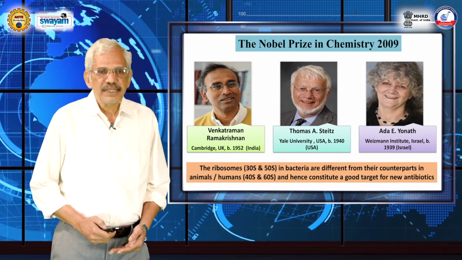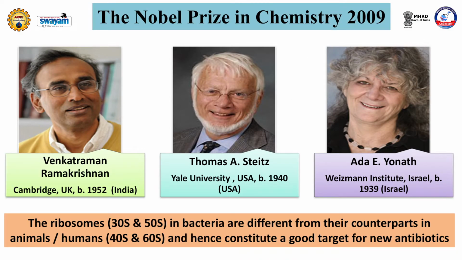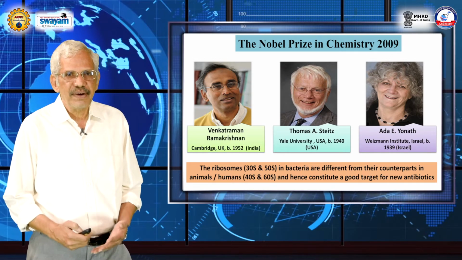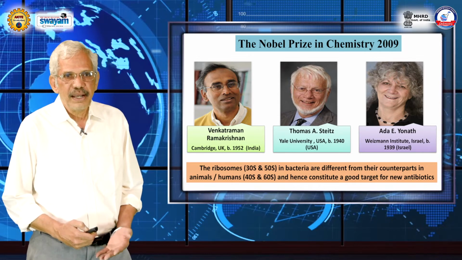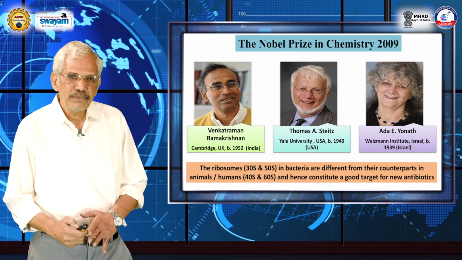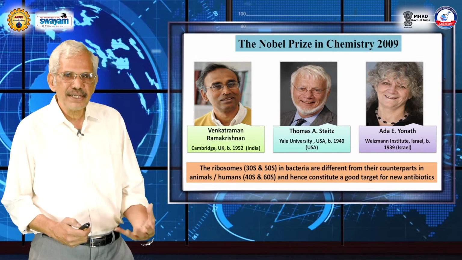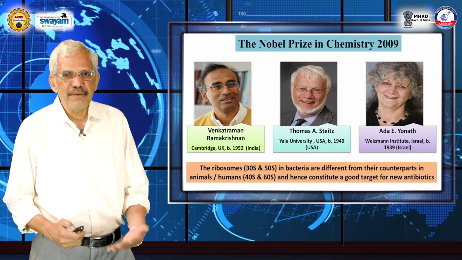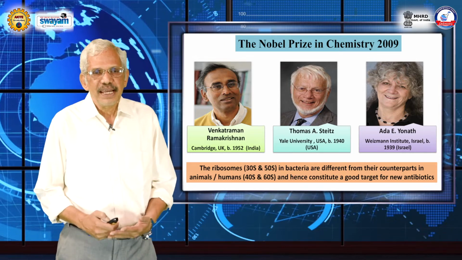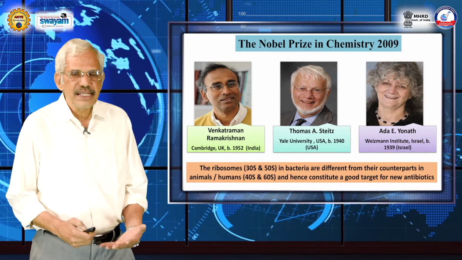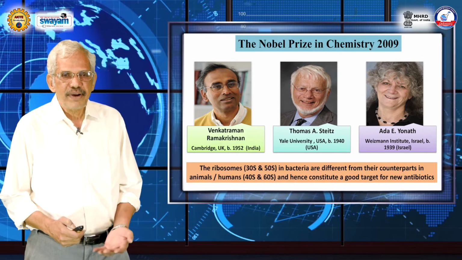Then 2009 of course has seen Venki Ramakrishnan's contributions along with his colleagues Tom Steitz and Ada Yonath. They put together huge crystal structures consisting of hundreds of thousands of atoms of our ribosomes in bacteria, and these ribosomes are different from those in humans and animals. So now if you make these ribosomes your drug targets, bacteria cannot replicate, whereas animals and humans are safe. In that context, you can say, well, here is an opportunity to generate antibacterials. So the structure then is a starting point for drug discovery.